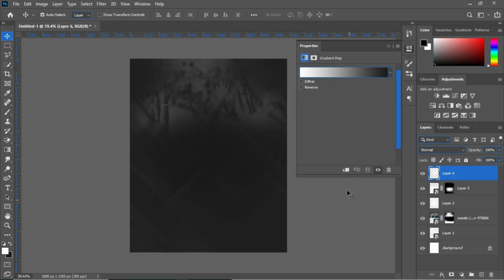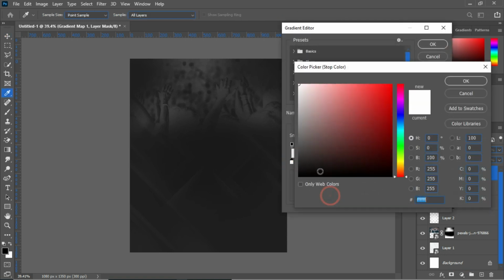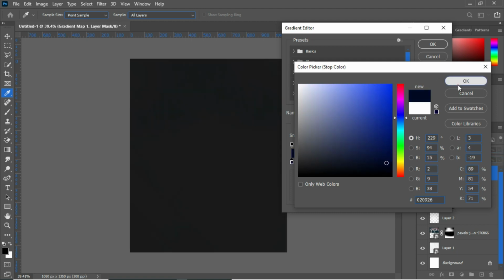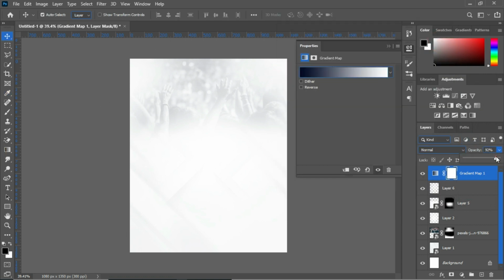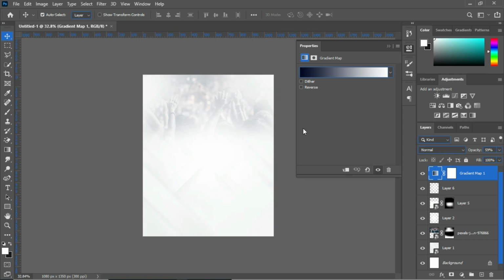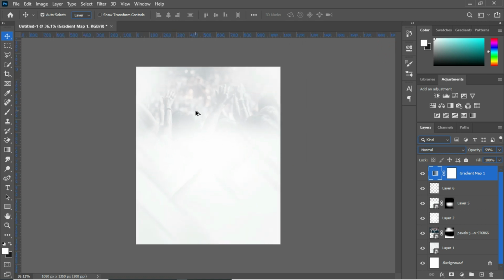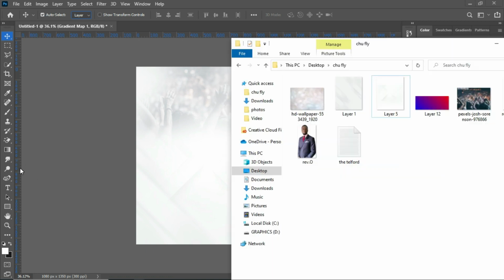I don't want to waste your time here, so add gradient map into it. Choose the color you want, and of course, yes, I'm moving too fast. I have to fast it a little bit and reduce it like so. Okay. All right. So I added a gradient map in order to get a monochromic color, like single color. I don't want to talk different colors, so that's why I added that